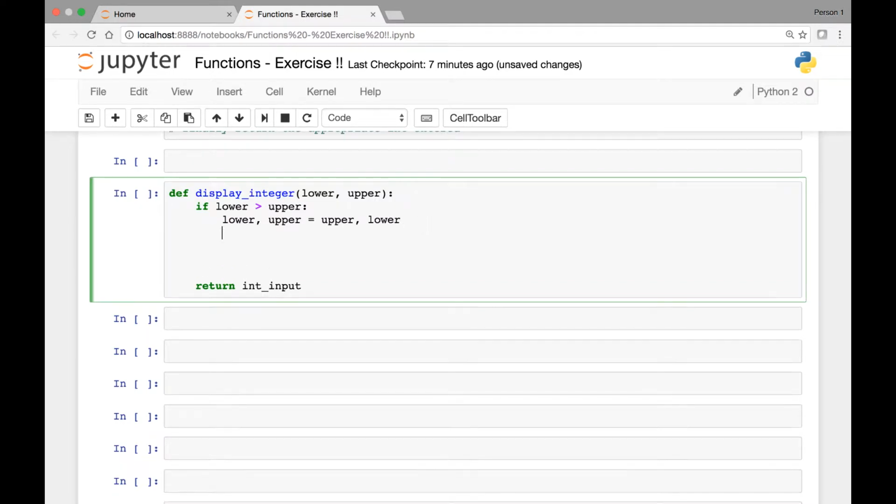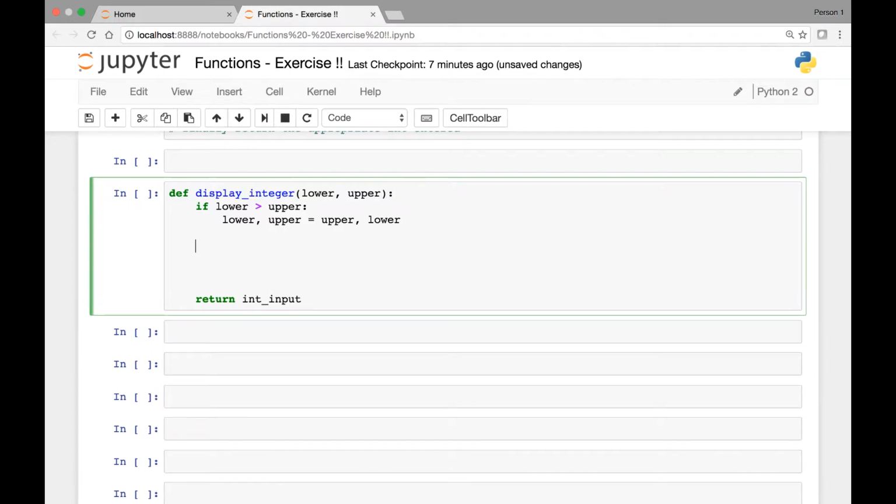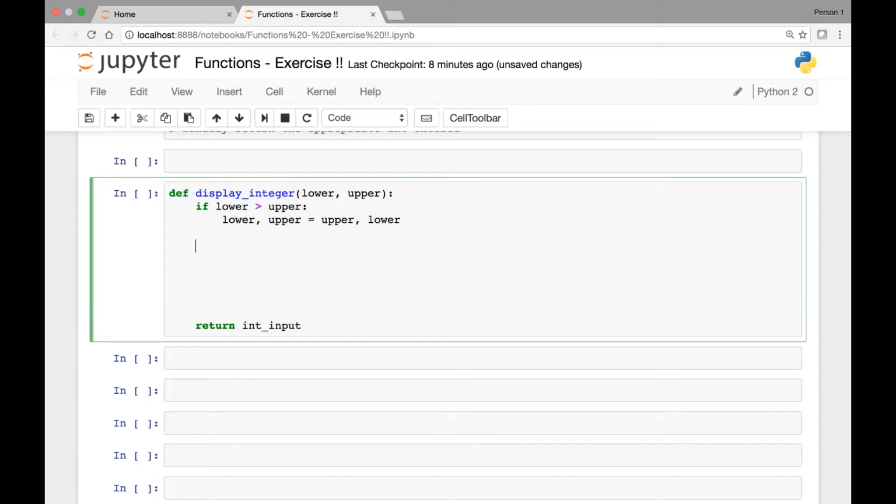And then let's prompt the user to enter an integer. Whatever we prompt the user to enter, we'll save it in this variable, integer input. Let's do that. So integer underscore input, and that will be equal to raw input. If you are using Python 3, use the function input instead of raw underscore input. So we have raw input, and then